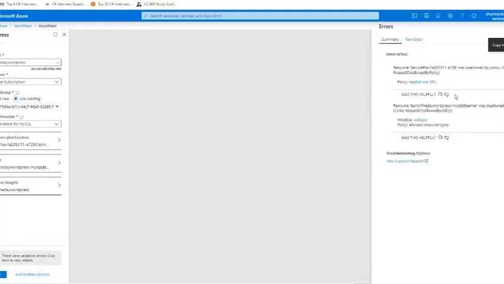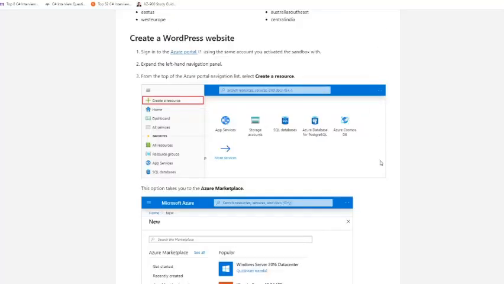What it is doing, it is simply validating my inputs, and it did not create, which was expected actually, because it's disallowed by policy, request disallowed by policy. So this wasn't allowed, and it was for a reason. If we go back to the exercise here,